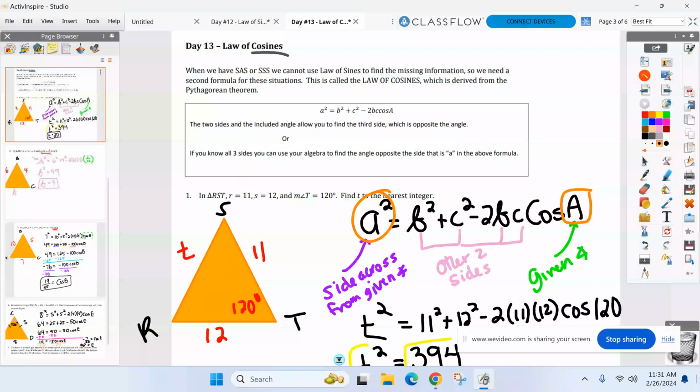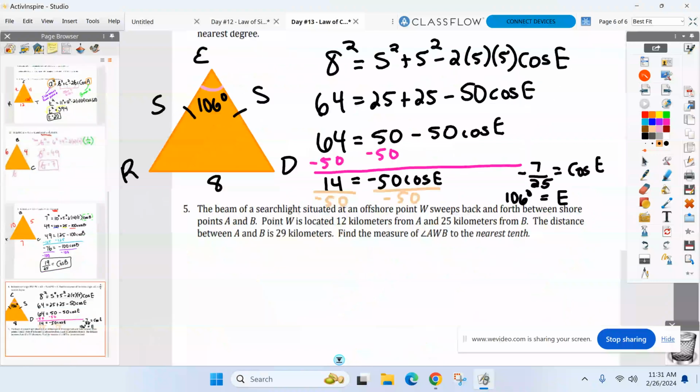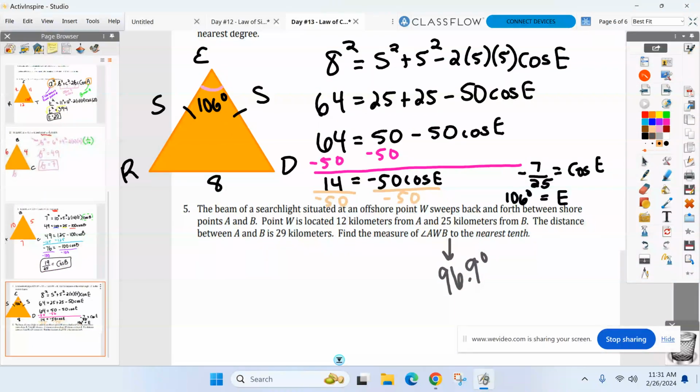All right? All right, we're done holding hands, kids. You guys have number 5. The answer to number 5 should be 96.9 degrees. So if you can come up with that, move on to the textbook homework. And if you're struggling to get that, it's probably a calculation thing, call me over. But you should end up with 96.9 degrees when you do number 5. All right, so try that one out on your own. And once you get 96.9, get your Chromebooks out,